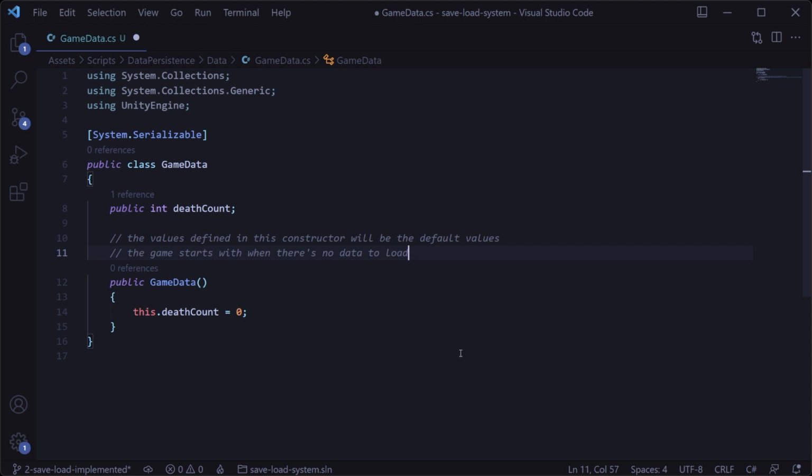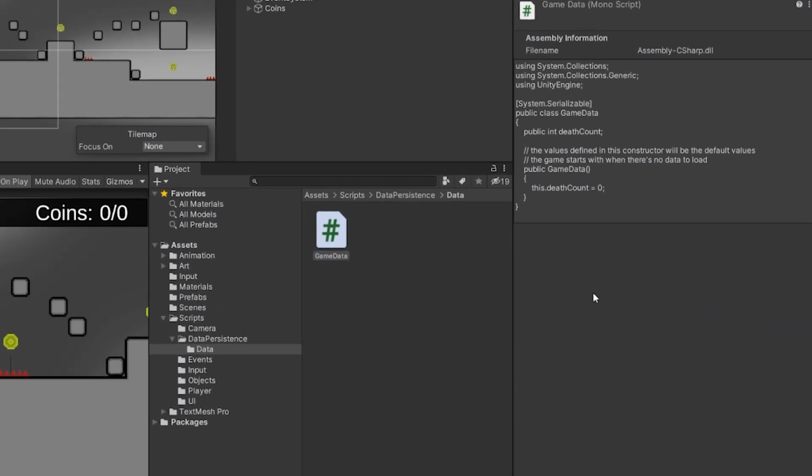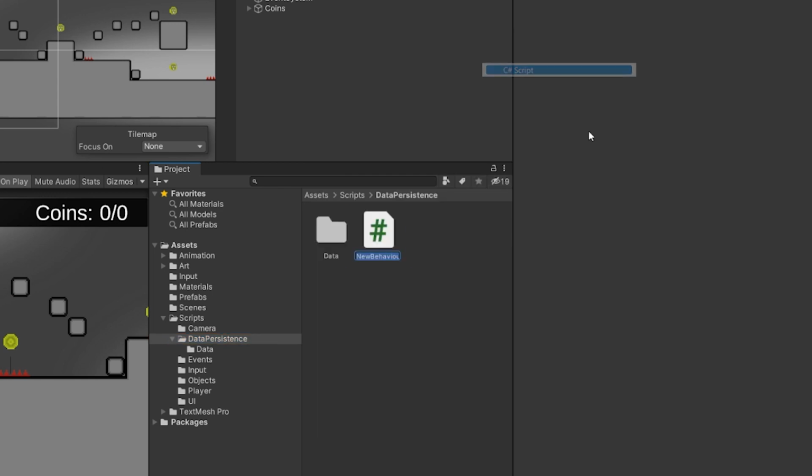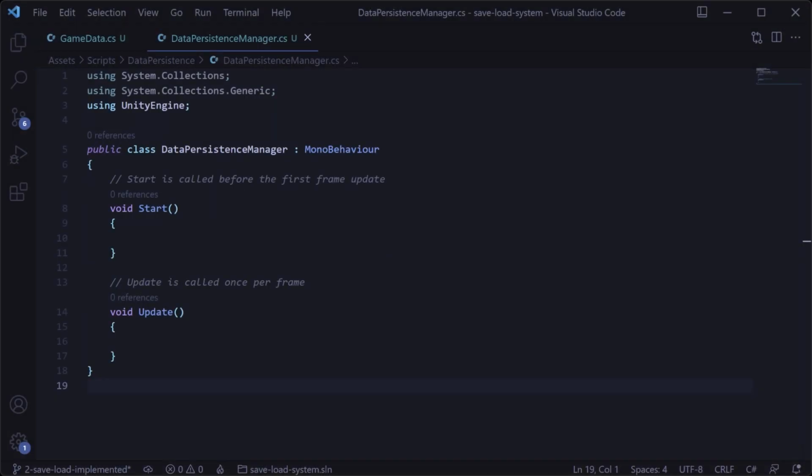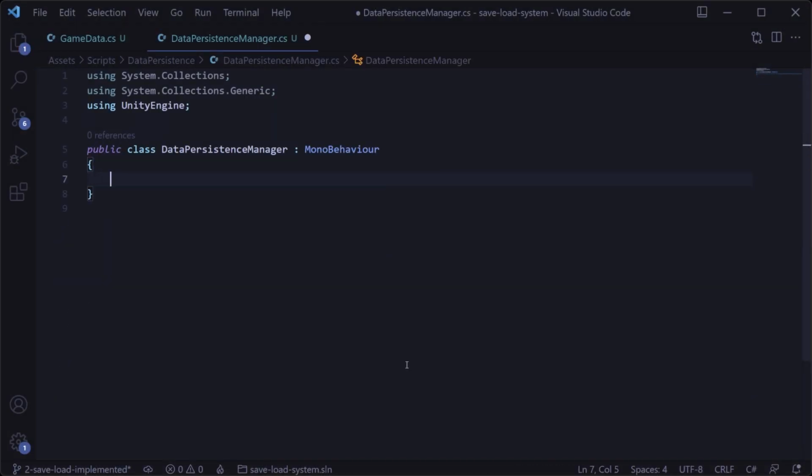Next, we'll create the DataPersistenceManager script. Back in Unity, under the Scripts Data Persistence folder, we'll create a new C# script called DataPersistenceManager and then double click it to open it up. This is going to be a singleton class, meaning that we only want one of them in our scene, so let's set that up. We'll create a public static DataPersistenceManager instance, and then this syntax here just means that we'll be able to get the instance publicly, however we'll only be able to modify the instance privately within